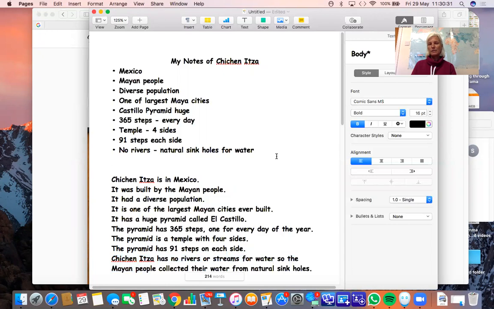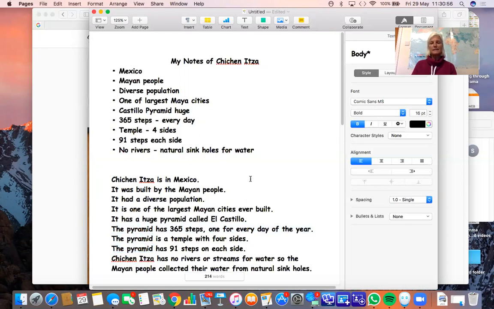Now I wonder what you think of my sentences. Are they interesting? I don't know if you have a little look, but this one begins with it. It, it, it. And then these begin with the pyramid, the pyramid, the pyramid.